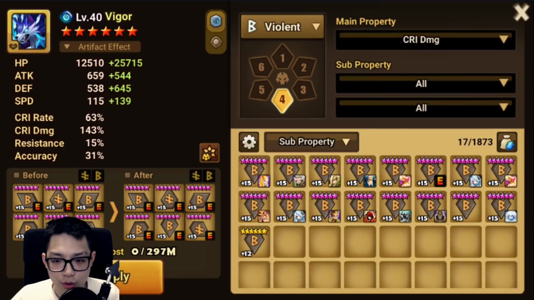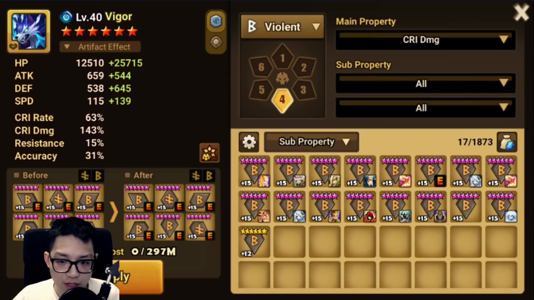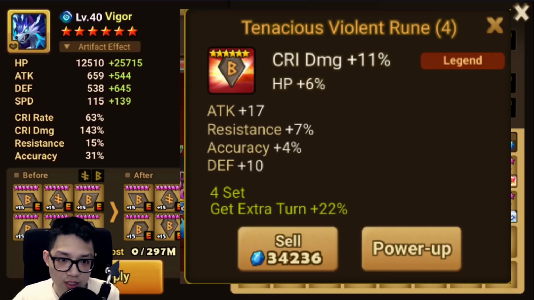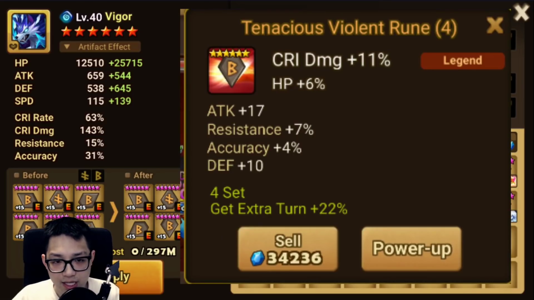Okay, so this is the comment that I read that made me a little bit worried. Is the Hot Garbage Squad a little bit uninformed here, or maybe you're not subscribed and you're just random plebs coming in and then boom, what the heck is this? Anyways, not even one valuable stat, instant Reapp. The first part's correct. There's not one good substat here. All junk substats, unusable. Instant Reapp, that's where it's wrong,